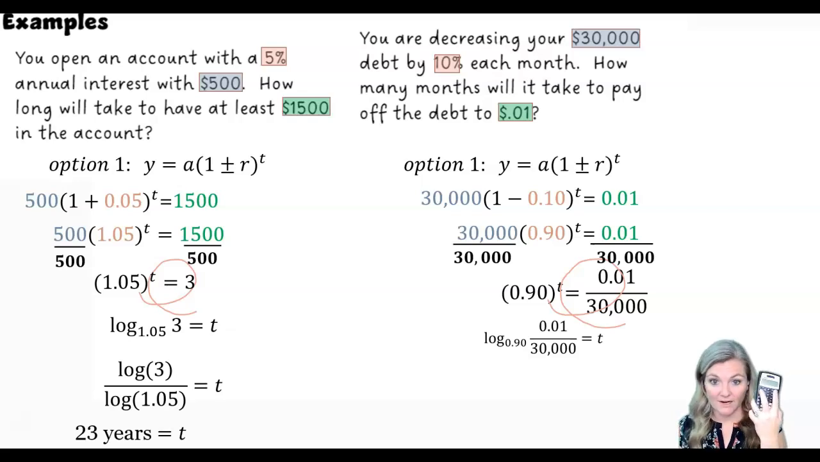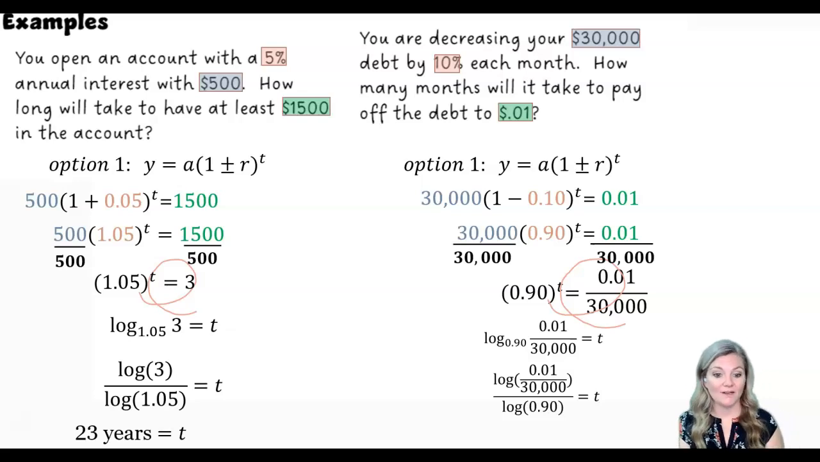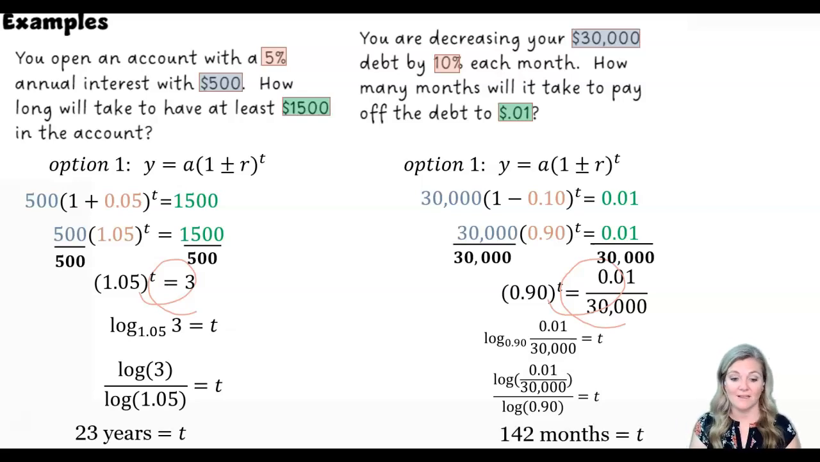Thank goodness we have these calculators, right? Because that's a lot happening. So that is log of, all in one parentheses, 0.01 divided by 30,000, close that parentheses, divided by log of 0.9. Again, let this calculator do all of that thinking for you, and you find that that's actually 142 months. So if you want to think about how many years that would be, 142 divided by 12. So you're talking almost 12 years for you to pay off 30,000 if you're paying off your debt by 10%